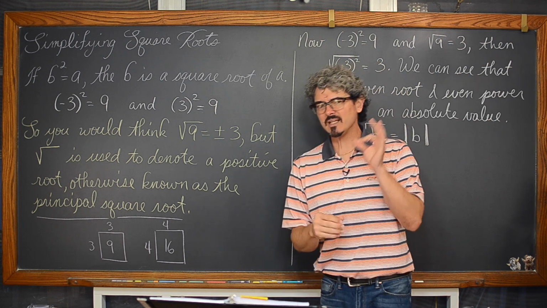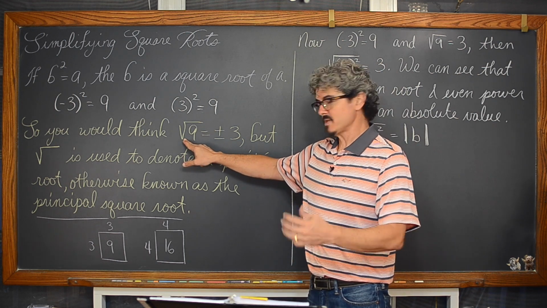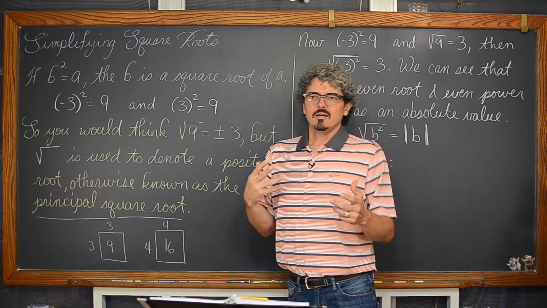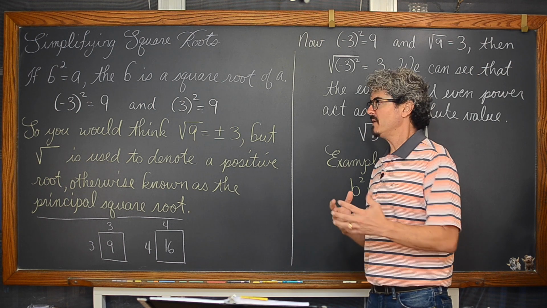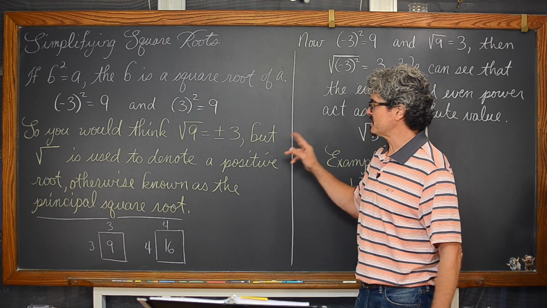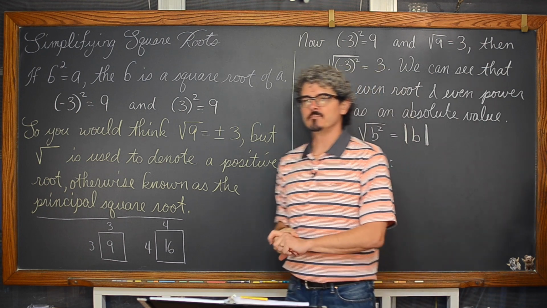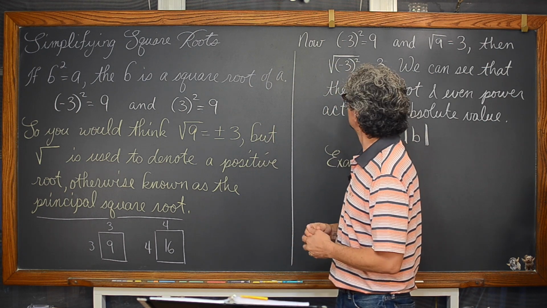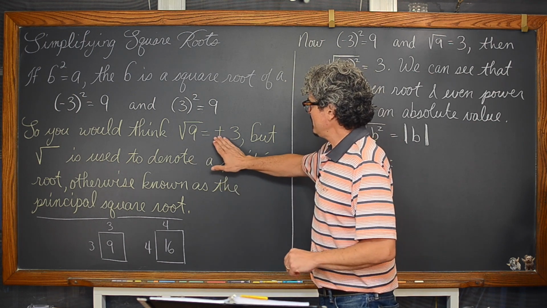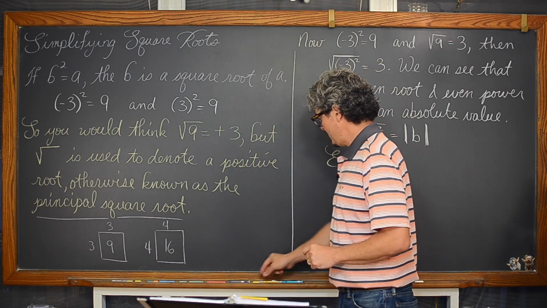So that would lead you to think that in your textbook, when you see the square root or radical symbol of 9, that the answer is going to be plus or minus 3, which you kind of can't argue is incorrect, but when you see this radical symbol, this square root symbol, that is going to be used in our book to denote what is called a positive root, or otherwise known as a principal square root. So when you see something in your book, like the square root of 9, we are going to be wanting you to only put the answer down of positive 3, not really plus or minus.